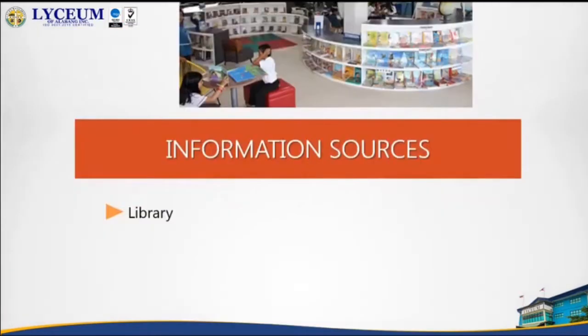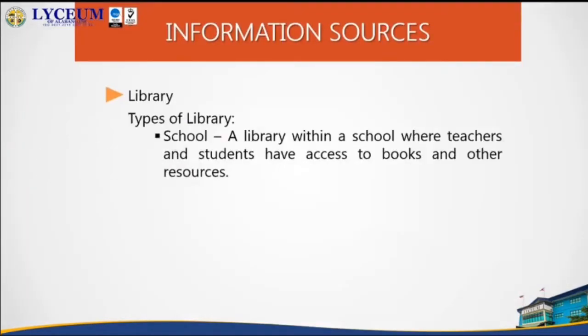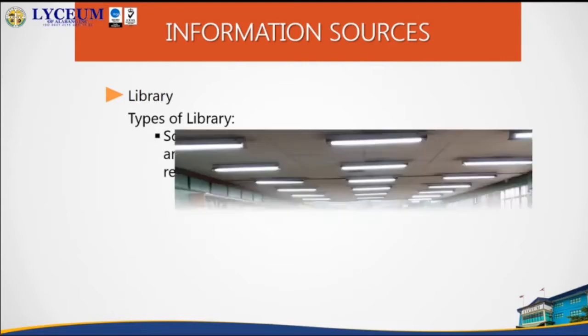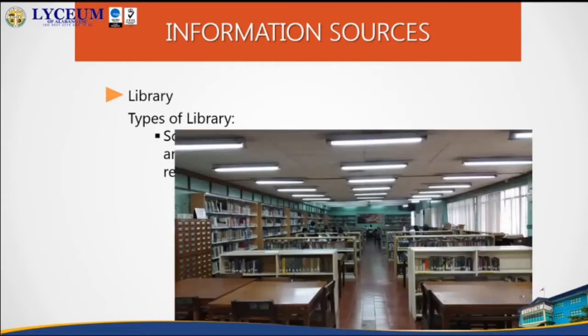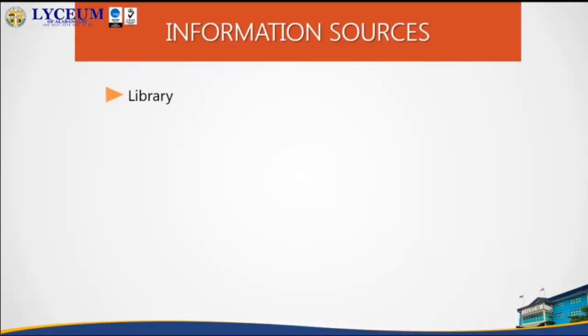Okay, next, another type of library is a school library. So basically, a school library is a library within a school, where teachers and students have access to books and other resources. So guys, this is self-explanatory. A school library is a library typically you can see within your school. Okay. Next,